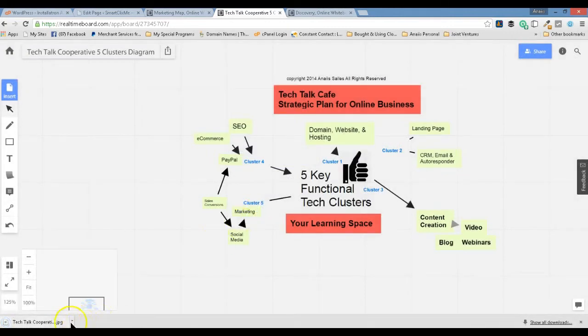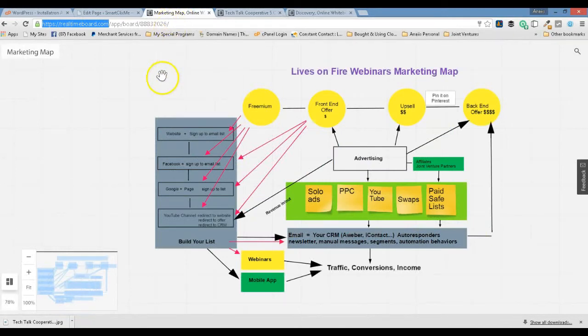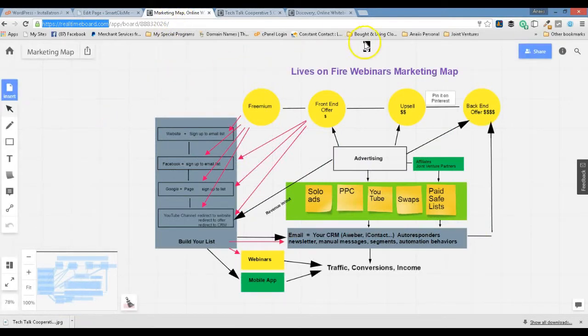And here you can see it has appeared in my tray, and it is ready for me to open up, and it's a JPEG. And this is another opportunity for you to see how you can make your own boards. If you have a process that you're working on and you want to share that process, or you want to clarify it for yourself, this is very helpful, because one of the things that I find working with my clients